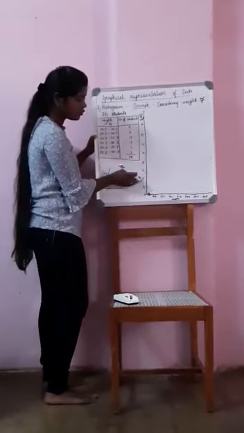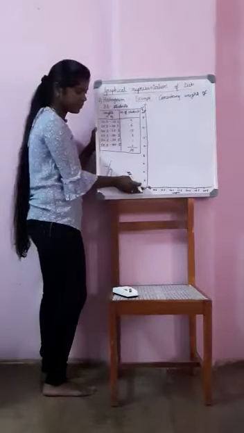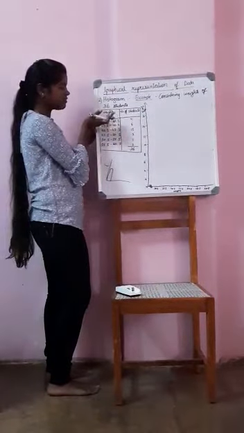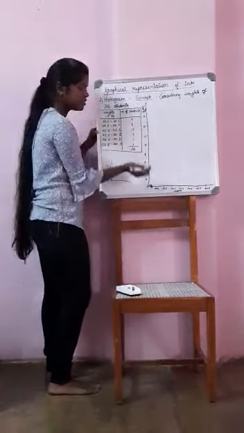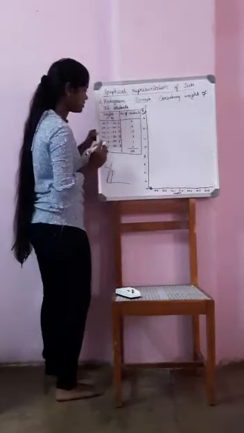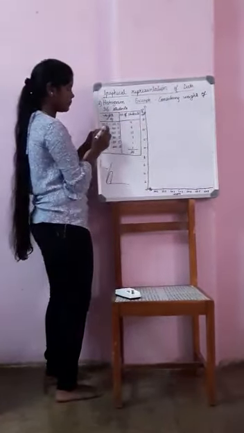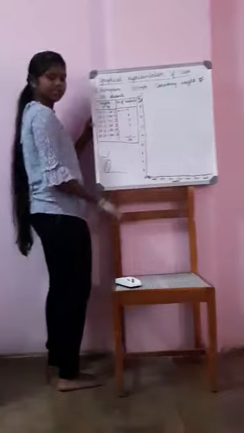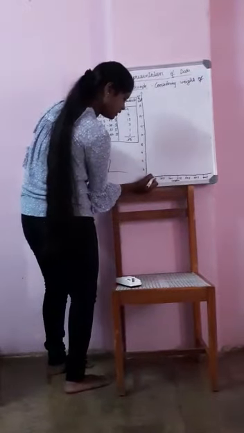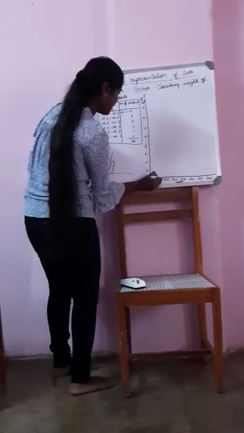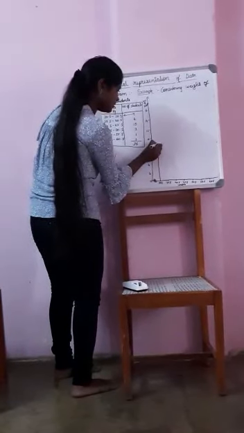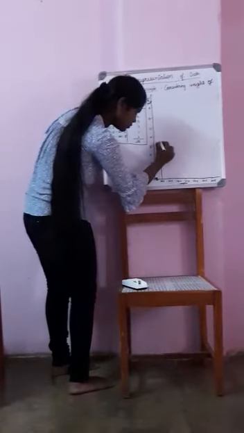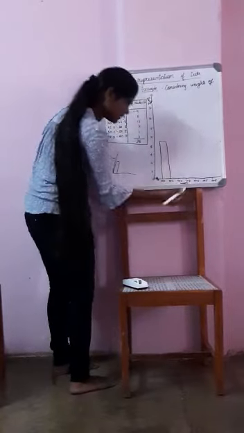But on the y-axis it is not like that. It starts from 2, 4, 6, 8, 10. So here it doesn't matter. It starts from 0. But on the x-axis, the weights are not starting from 0, it is starting from 30.5 to 35.5. So it is a must to make this break. Now, I will draw the histogram. From 30.5 to 35.5, 9 students come under this weight. So I am going to start from 30.5 here and take it up to 9. Then till 35.5, I am going to draw this rectangle.